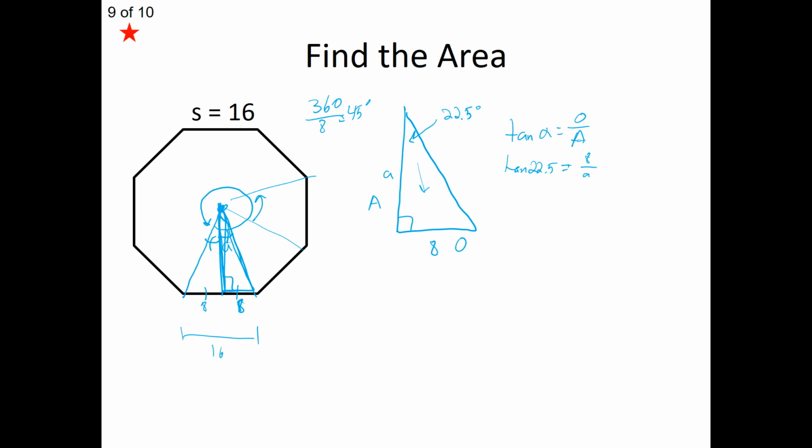Well, the tangent of 22.5 we can turn into a ratio. It turns into 0.4142. So I'm going to go at least 4 decimal places for accuracy, and you'll see I won't round until the very end. And then I have that 8 over A equals that. Well, remember what our algebraic trig was. We can just swap that out. And what we're doing there is we're solving for the length of our apothem. So we get the apothem is 8 divided by this 0.4142. And we get then an approximation of our apothem to roughly be